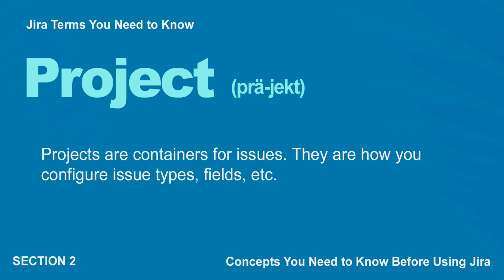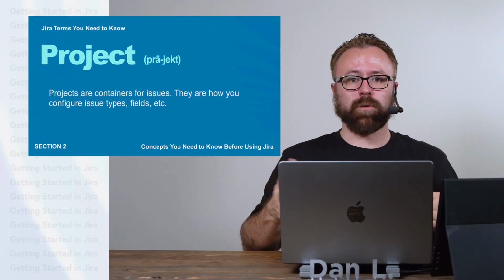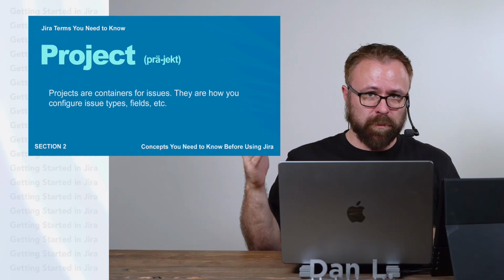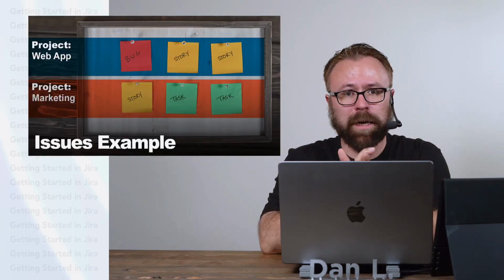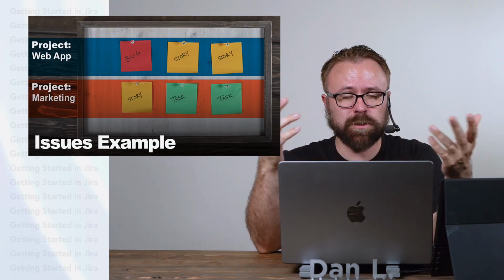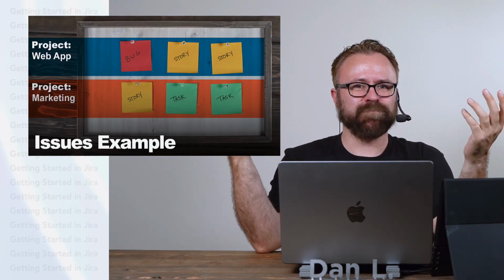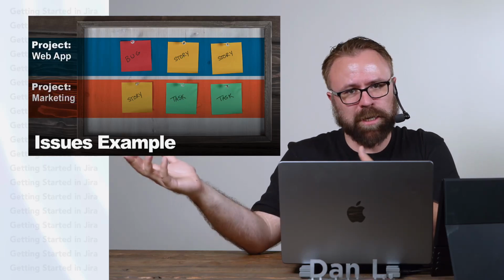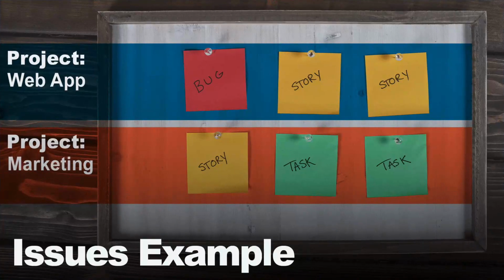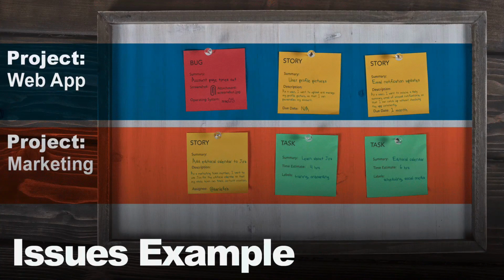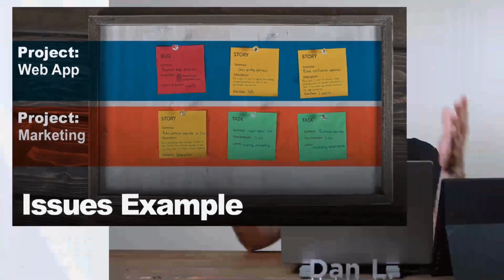And that brings us to projects. As I mentioned earlier, projects in Jira are not really what you think of when you think of a project at work. By that, what I mean is that when you start a new project at work, that doesn't necessarily mean you're going to start a new project in Jira. So maybe we'll have a project for our web app that includes both stories and bugs, so those can get reported. But our marketing team doesn't need bugs in their project, so maybe instead we'll have stories and tasks for them. And then one of the benefits of organizing it this way is what we just learned earlier. Those different issue types can contain different fields. One of the reasons for that is because